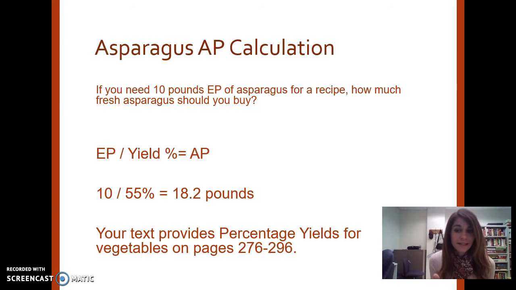They're probably like 98. So if you look at the percentages that are in your book, the one for asparagus is 55%. Now, some of you guys are like, oh my God, that's crazy. I only take off a little bit. Well, the proper way to actually